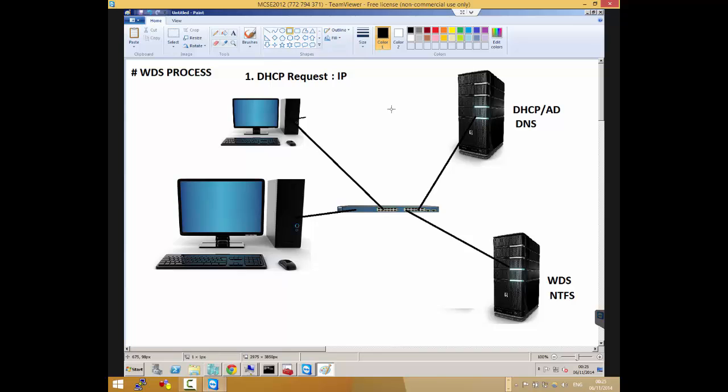We can either have the image transferred from the WDS server straight to this computer, and then the image transferred from the WDS server straight to this computer. So that's two transmissions. This guy has his own communication stream with the WDS server, and this other guy has his own stream with the WDS server.